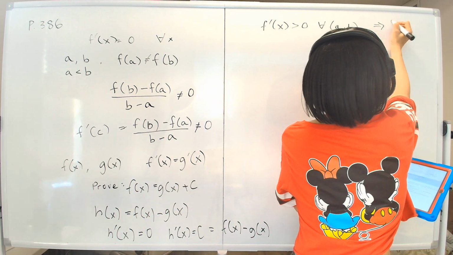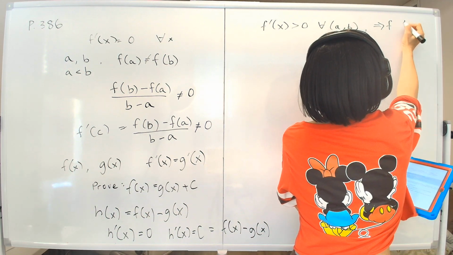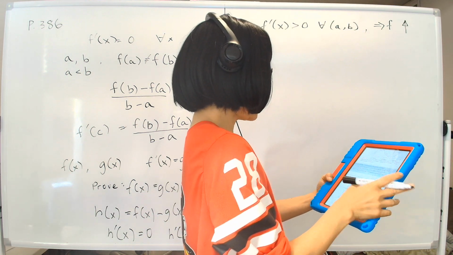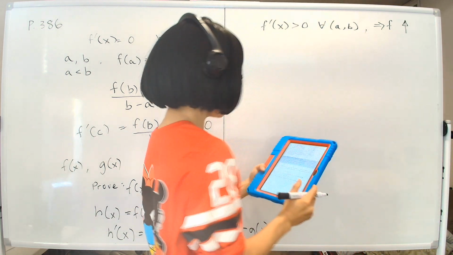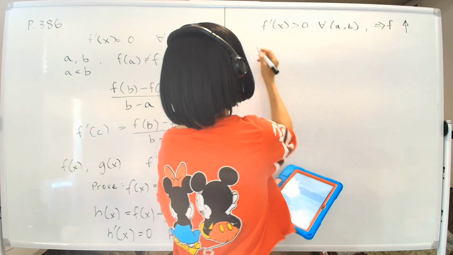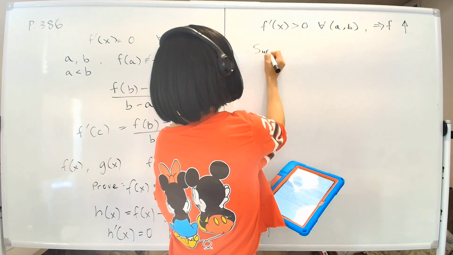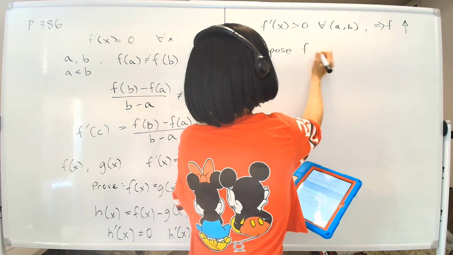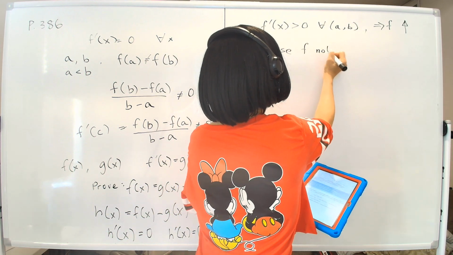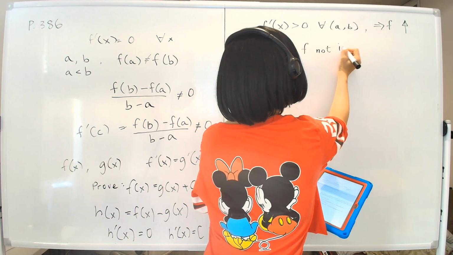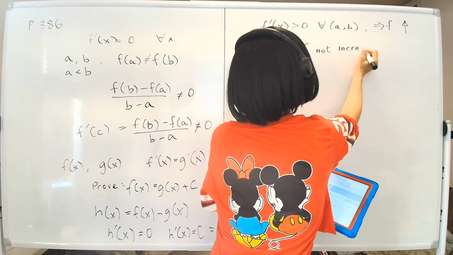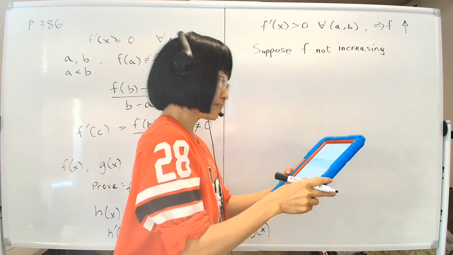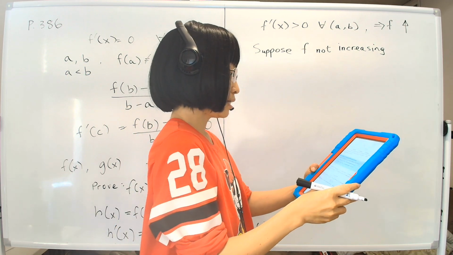That implies f increasing. Okay, I'll draw an up arrow to mean that it's increasing. Now to prove that, suppose f is not increasing. In that case, what does that mean? That would mean that at least there are some points in the interval